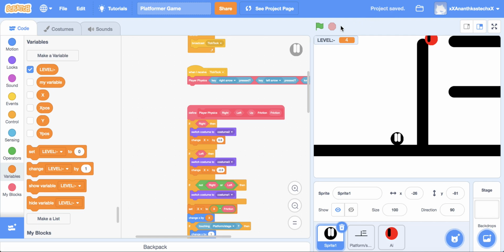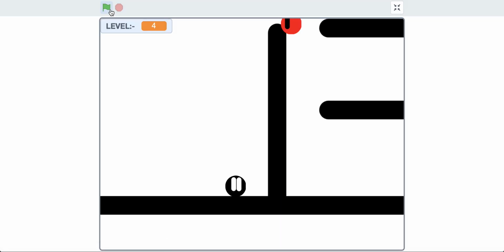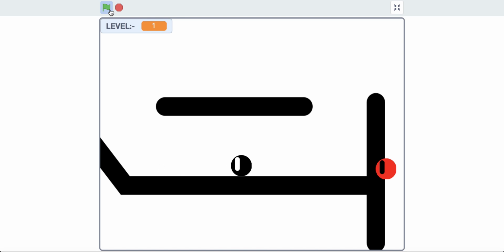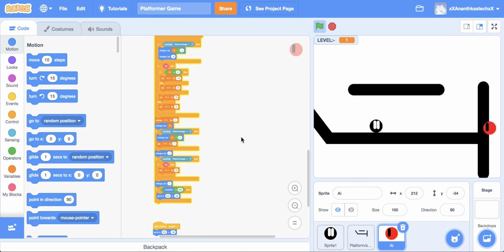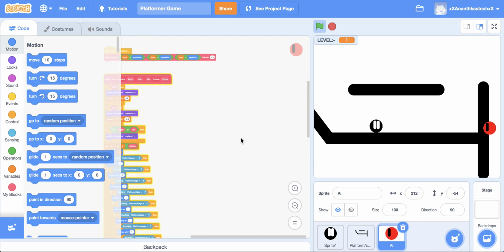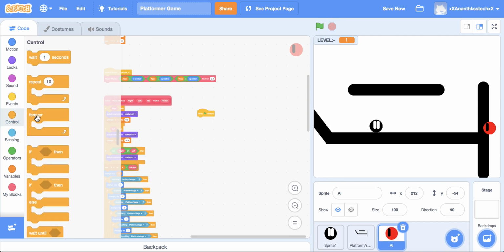Save your project and you're ready to share it. Now, all I'm going to do is show you the whole game in full screen. We don't want this guy to still show though. So we go back inside the code and we want him to show in either level 2 or level 4. So drag a when flag clicked from the event section, drag a forever loop from the control section, and